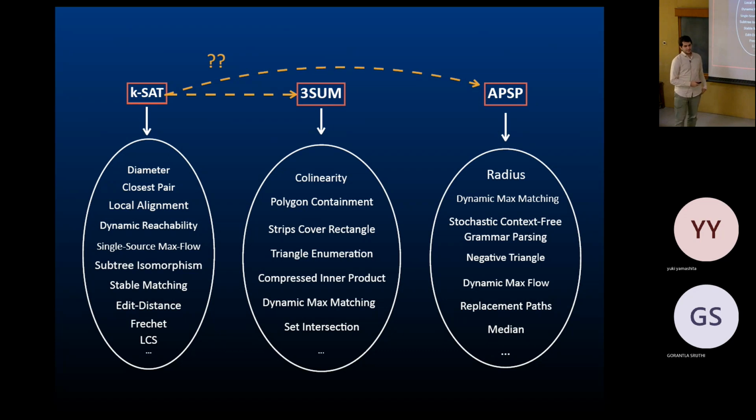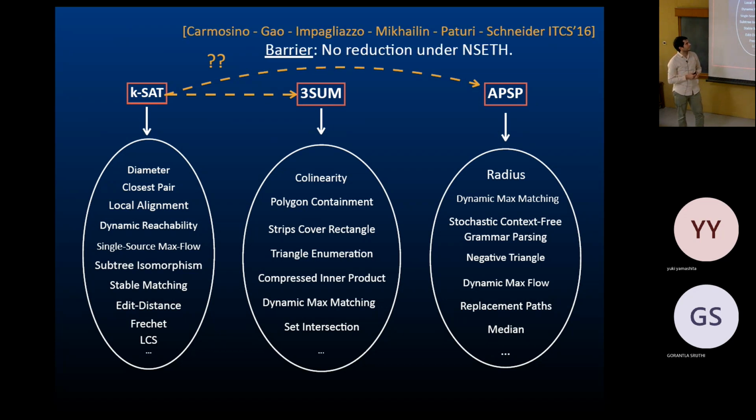Yeah, so kind of one question is, right, why do we need three conjectures? Why can't we have one or something like that? And for example, if you could reduce SAT to three-sum, we would unify these two classes. Everything here would be one circle, just have SAT on top. And all you have to do is show a reduction from SAT to three-sum or APSP. And this has been one of the biggest open questions for this topic. But there's a barrier for this.